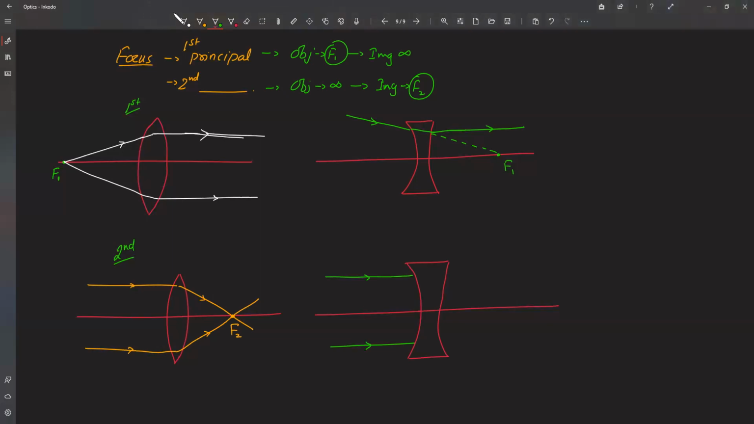They won't be able to converge. They will actually diverge. And when they diverge, they appear to diverge from a point. That point from which they appear to diverge is called F2, the second principal focus, right? So that is about